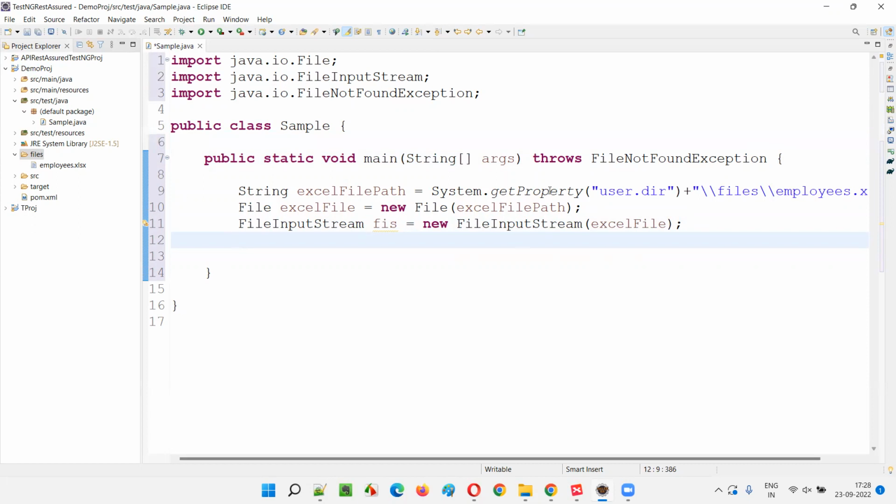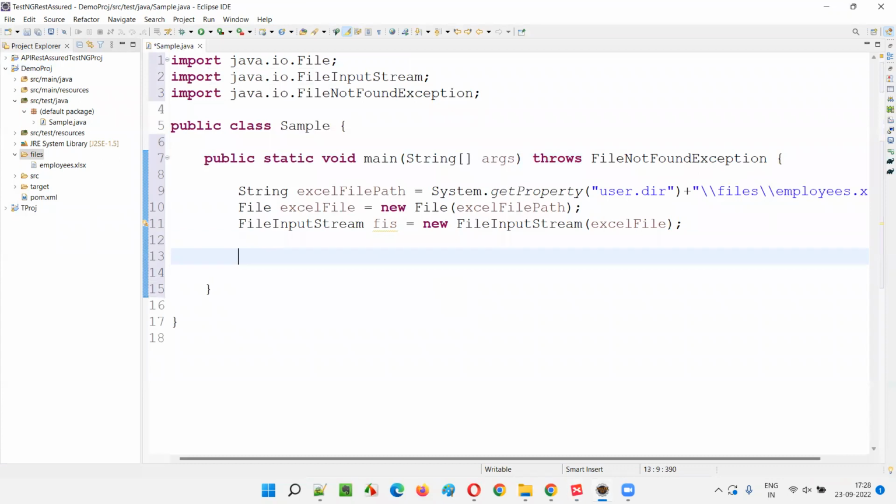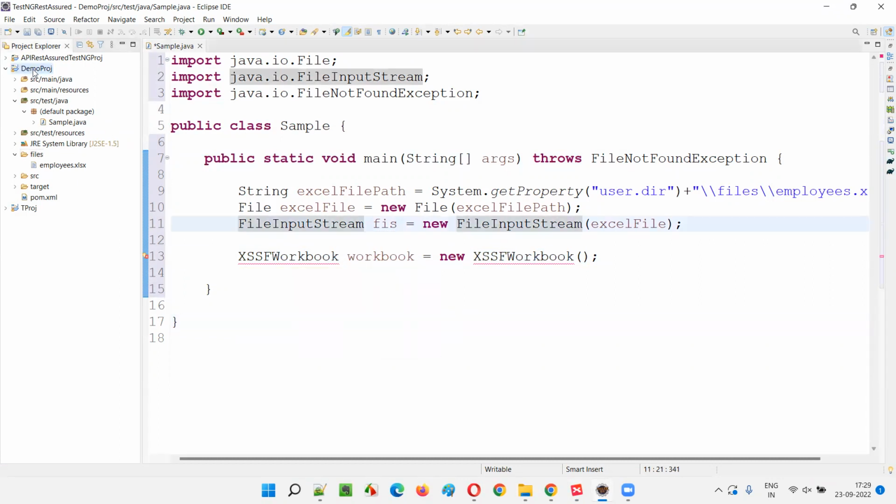Now, next I want to use predefined classes of the POI API library, that is XSSFWorkbook. I want to create an object for the XSSFWorkbook. So here I will write XSSFWorkbook workbook is equal to new XSSFWorkbook. If I hover the mouse and try to import this, it will not be there, because this project by default comes only with the Java library, but not with the POI API